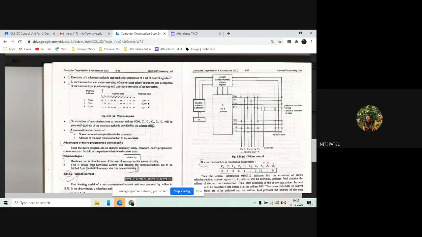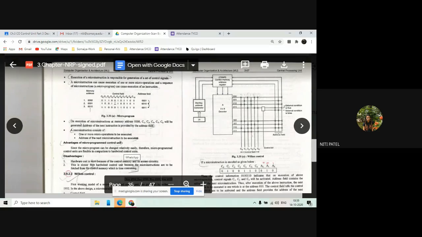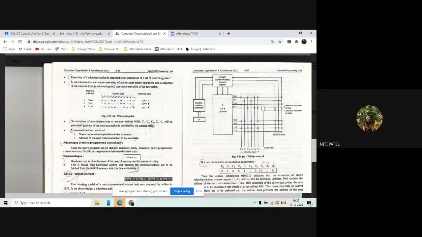So what will I do? I will go to the memory address 0001 and signal number 0, signal number 3, signal number 4, signal number 5, signal number 8 and signal number 10 will be activated for the instruction at memory address 0001. After this has happened, where am I supposed to go? I have to go to the address field 0010. When I go to 0010, which are the control signals that are activated? Number 0, number 1, number 5, number 6 and number 9. After I finish this, where am I supposed to go? I have to go to address 0011. So I'll go to 0011 and this is how it keeps on continuing. Have you understood this part?